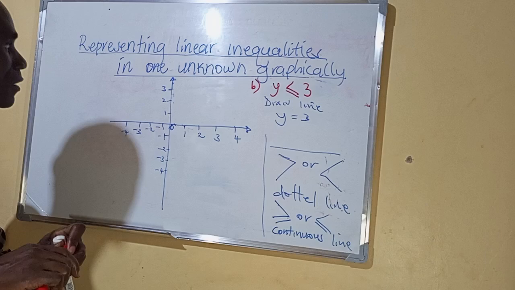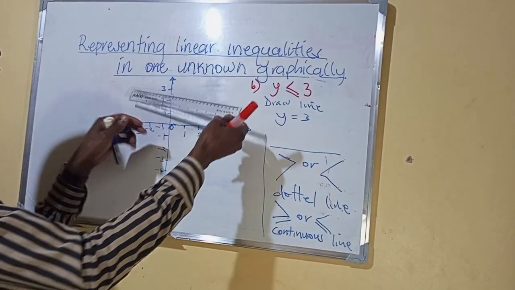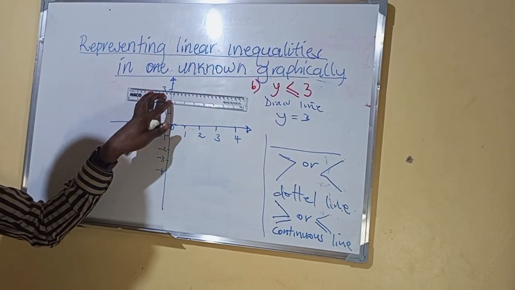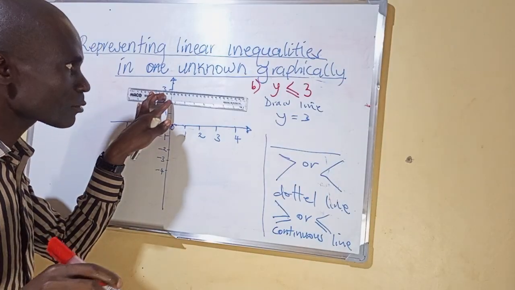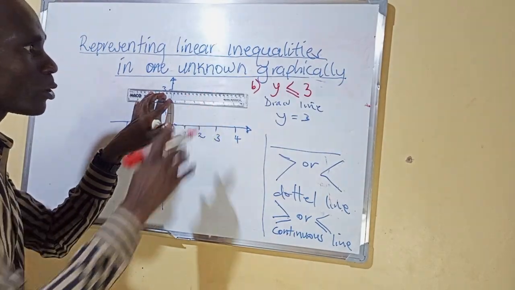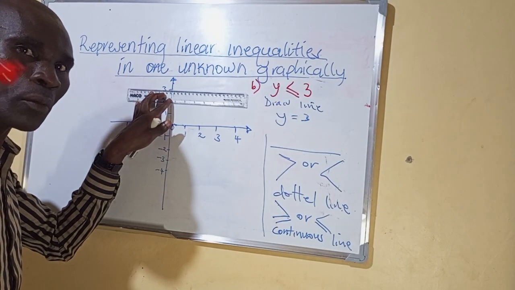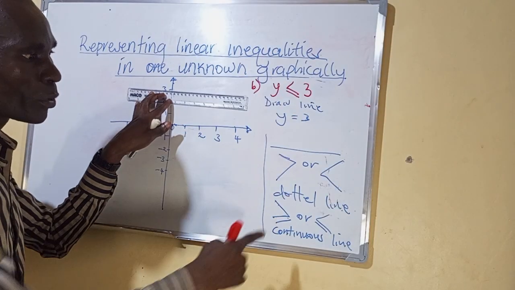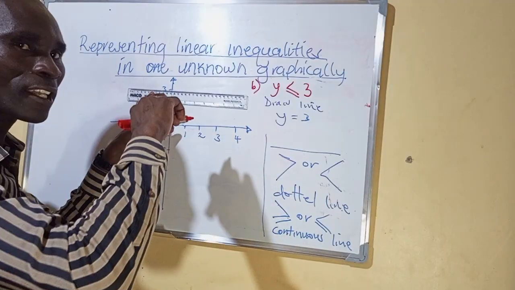As it crosses the y-axis. So with our ruler again, we have to draw that line. But before you draw it, you have to ask yourself, will the line be continuous or dotted? So from what I explained earlier, you can guess. What will it be? We said that if the inequality sign is